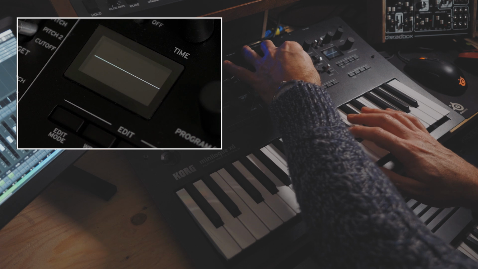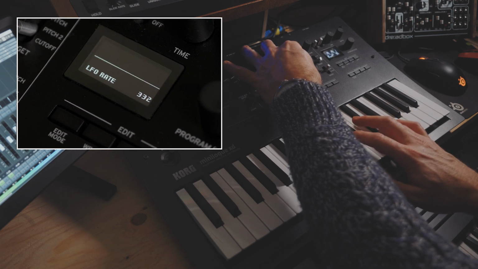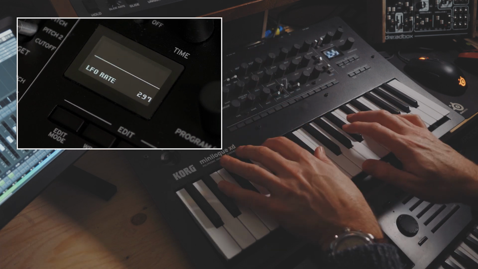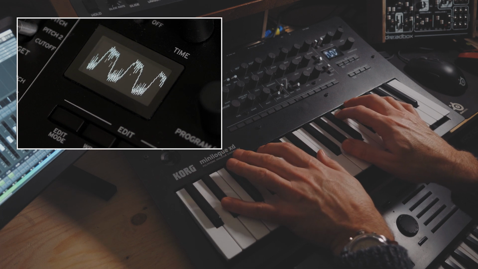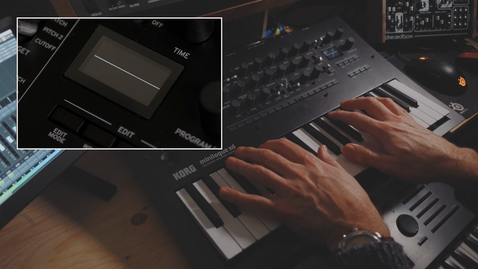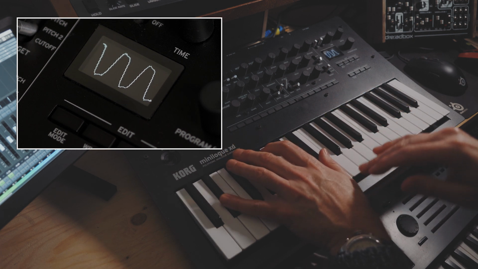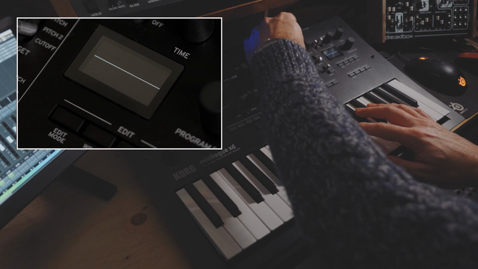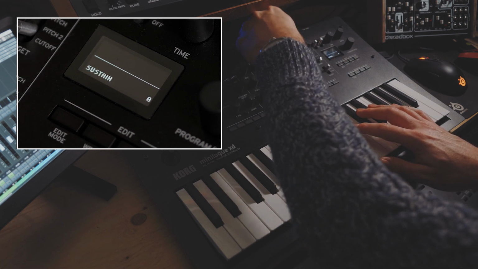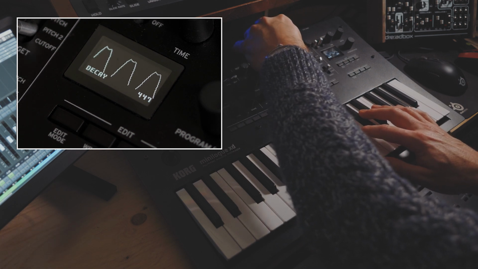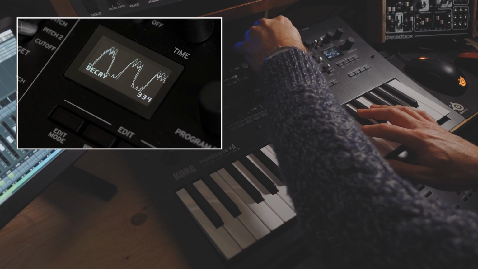It's a bit quick, but let's slow it down. Let's apply an envelope to the amplitude as well, so that we can just hear that